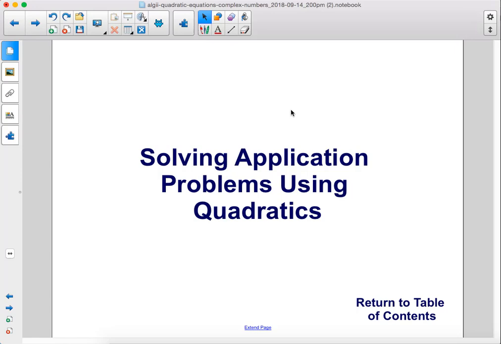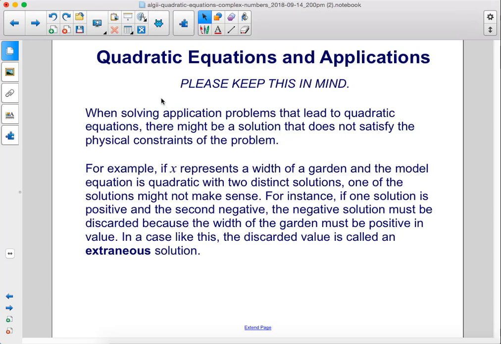Solving application problems using quadratics. Please keep this in mind. When solving application problems that lead to quadratic equations, there might be a solution that does not satisfy the physical constraints of the problem. For example, if x represents a width of a garden and the model equation is quadratic